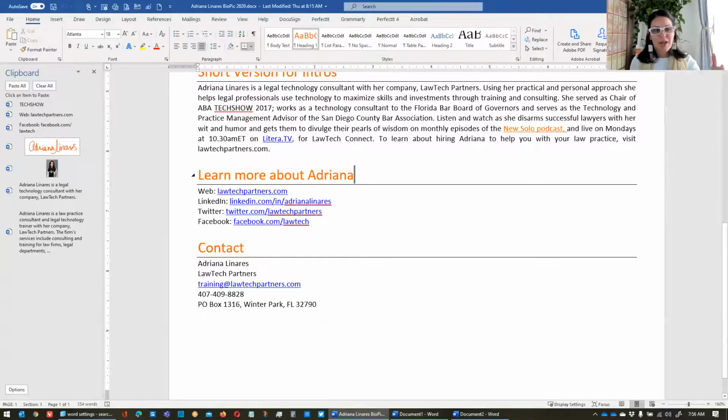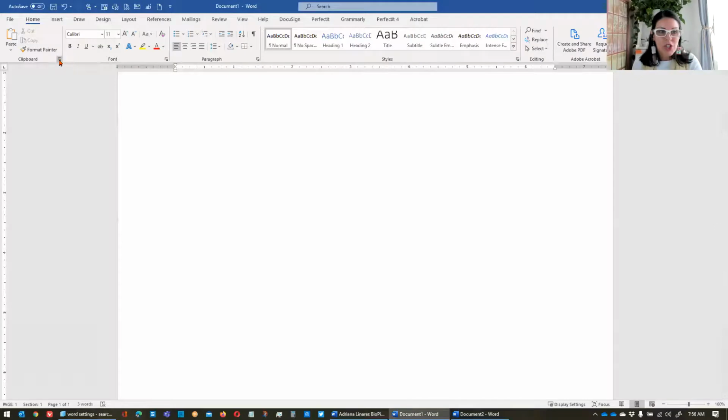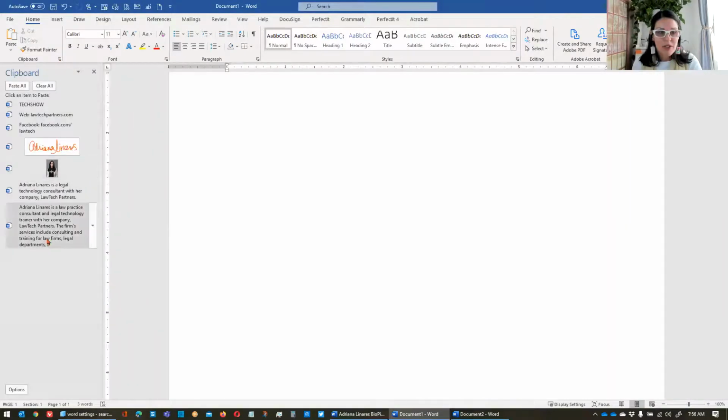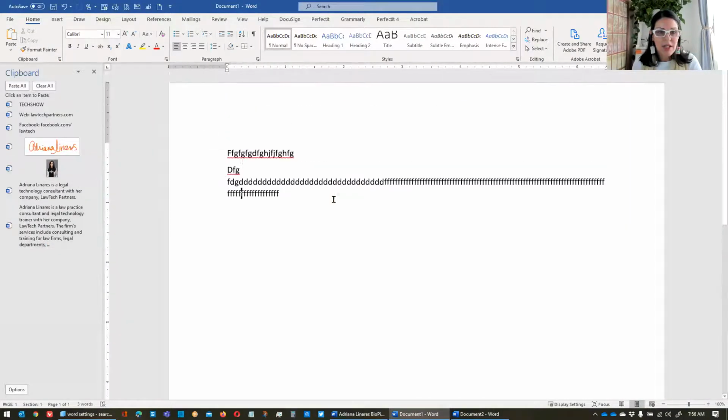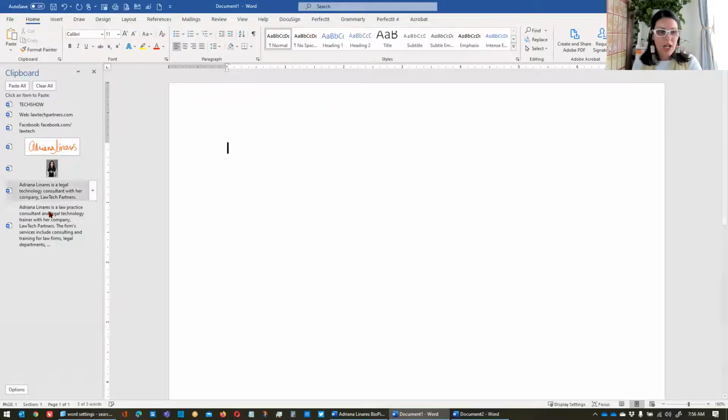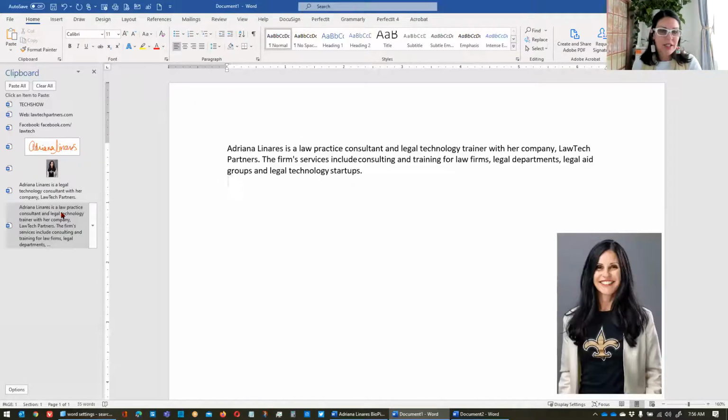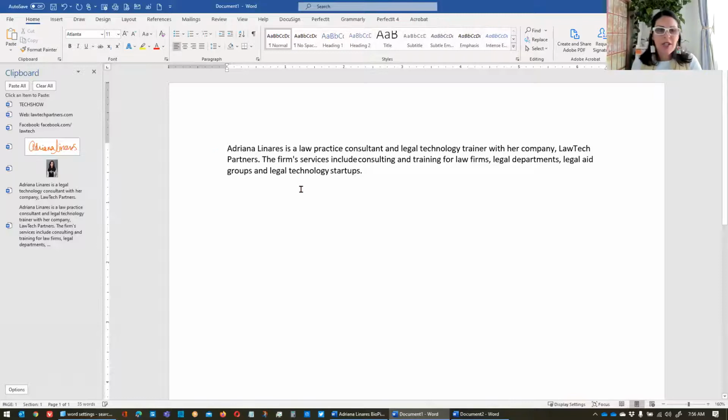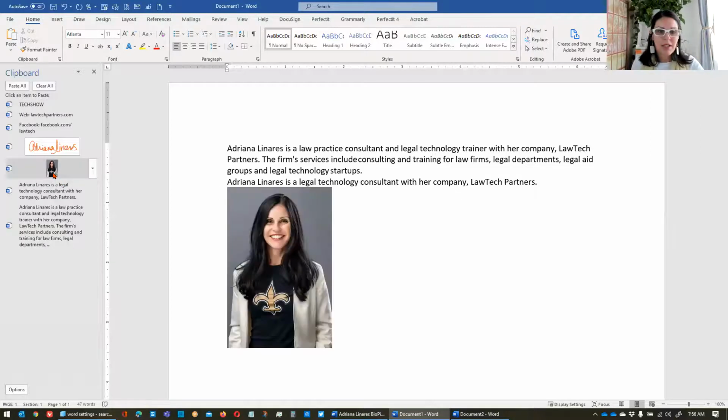All right, as you can see, I've copied, I've got all this stuff on my clipboard. If I come back over to Word, and I show the clipboard, all of my clippings are here. So now I can just pick and click. I'm going to pick and click to insert, oops, that shouldn't have come over, to insert that paragraph. Then I can pick and click to select the next paragraph. And then I can pick and click to select my next clipping.